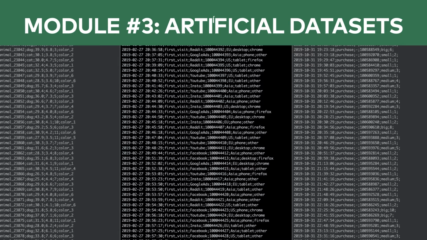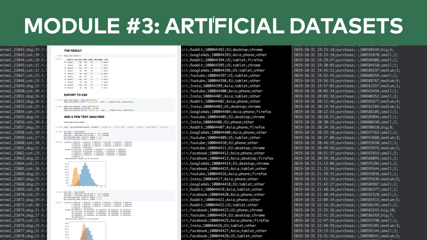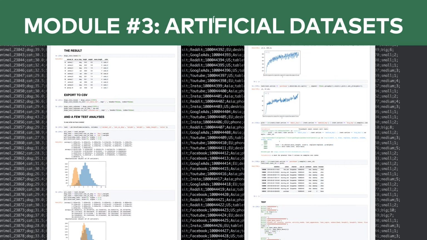In the third module, I will also give you access to a few randomly generated datasets. I created these with Python-based random generator scripts that I built specifically for this course. This includes a simpler dataset called Dogs vs. Cats and a dataset of a simulated online e-commerce shop. As an extra, I will give you access to the random generator Python scripts themselves, so you will be able to modify and reuse these random generators to create as much raw data as you need, also to see my Python code, and based on that, figure out how you can build similar things for yourself.